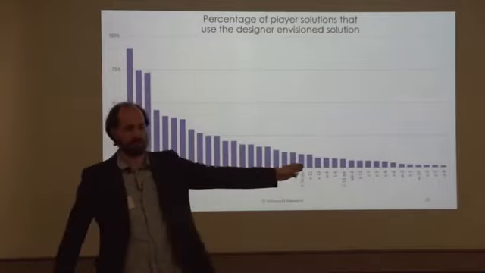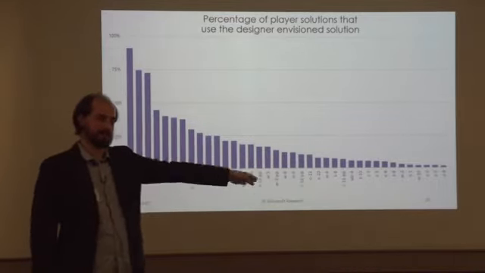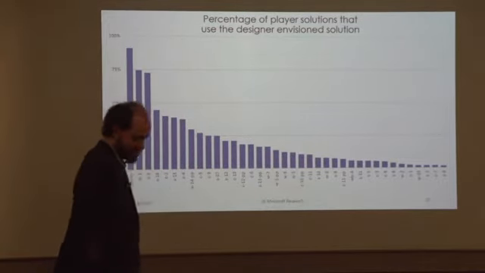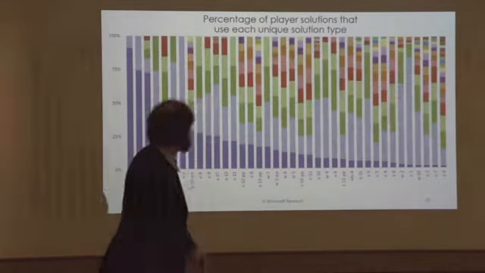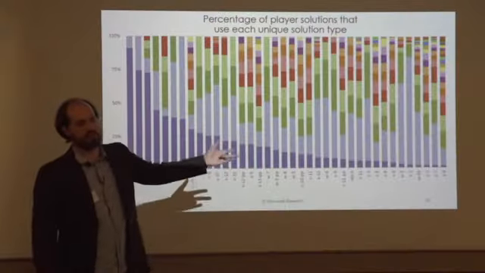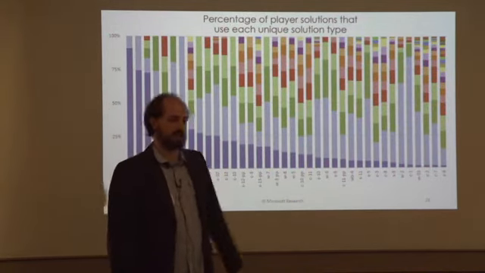This isn't actually the order in which the game plays. That would be pretty amazing if this pattern just happened spontaneously. But you can also look at what is the distribution in other solutions. And so you see things like down here where there's a very common solution that's not the one you envisioned. And you can do analysis kind of like this.